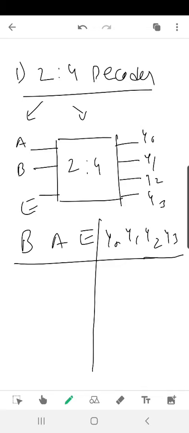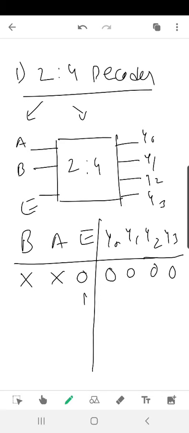First of all, when the value of enable is 0, this decoder will not work because it is an active high decoder, and we have said that for active high decoder the value of enable should be 1. So if the value of enable is 0, irrespective of the values of A and B, this X represents our don't care. So irrespective of the values of our inputs A and B, all the 4 output lines will remain at 0, 0, 0, 0 because our enable is 0, so the decoder will not work.